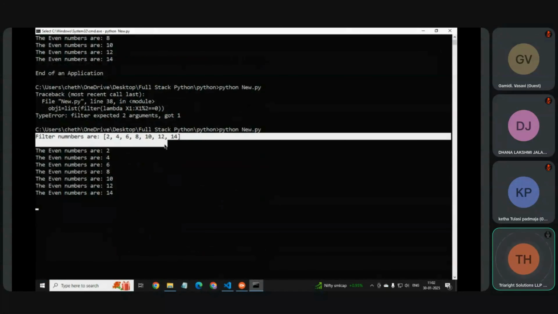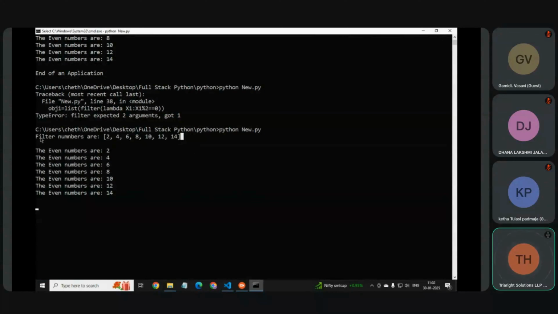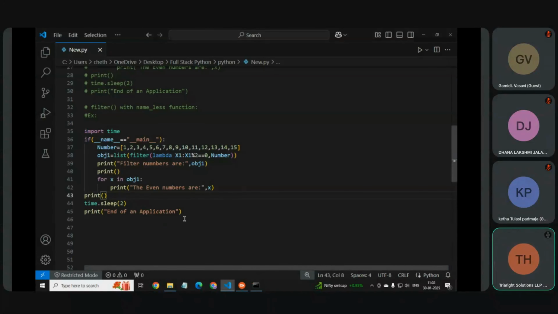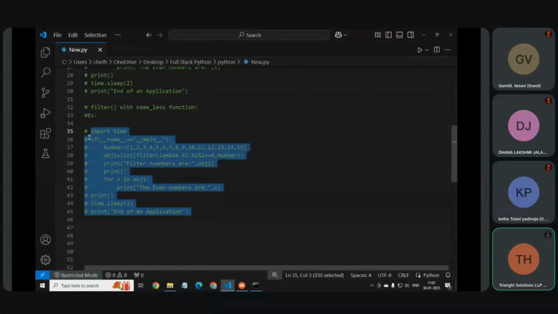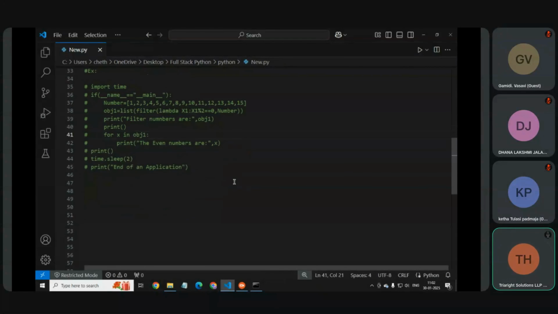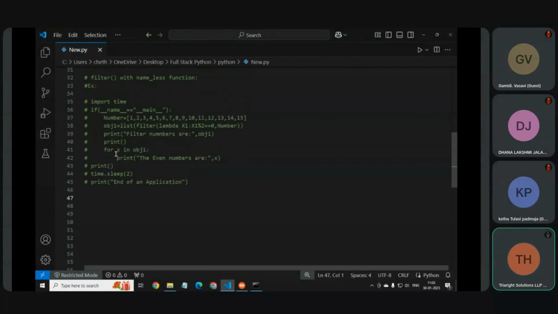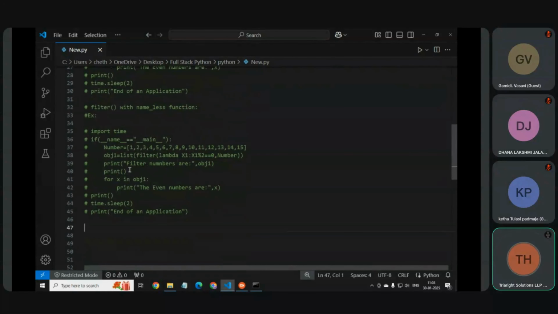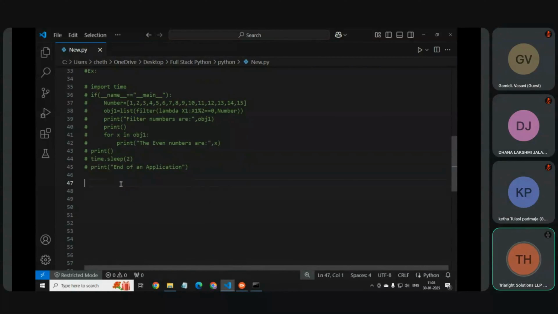Okay, the same process we do with the filter function. We use the filter function with nameful and nameless function. Okay, guys, any doubt? So like that we have to use the filter function with nameful and nameless function. Okay, so the next is